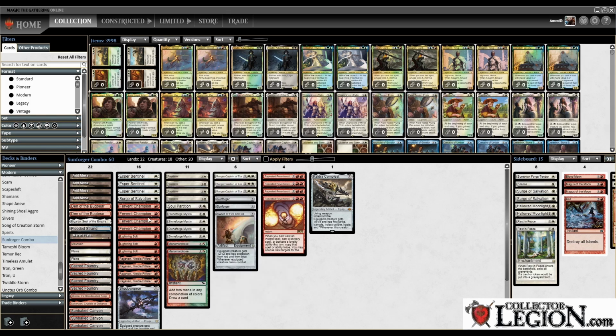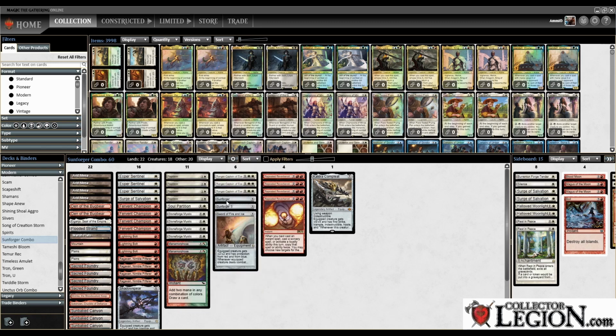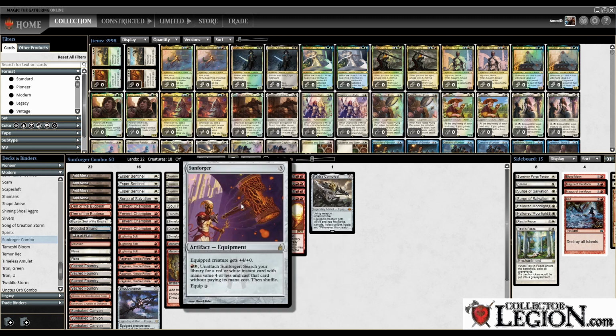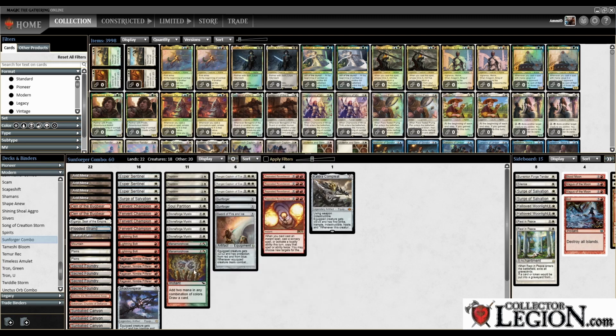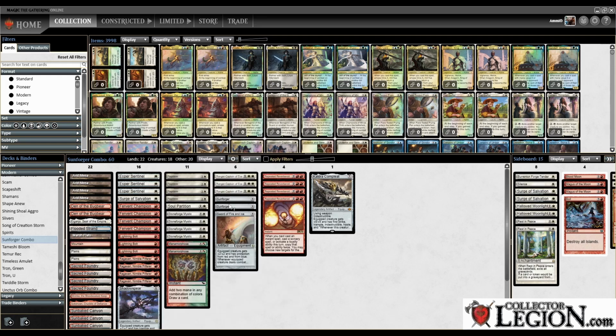So if you have Fervent Champion in play and Sunforger and you have 4 mana, you unattach Sunforger, go grab Repeated Reverberation, which copies the next instant or sorcery that you cast twice. You then use your remaining 2 mana to re-equip Sunforger, unattach it, and you go find Monomorphose, which lets you do Sunforger again. So basically, you're going to use Sunforger to unattach and find Repeated Reverberations and Monomorphoses to keep